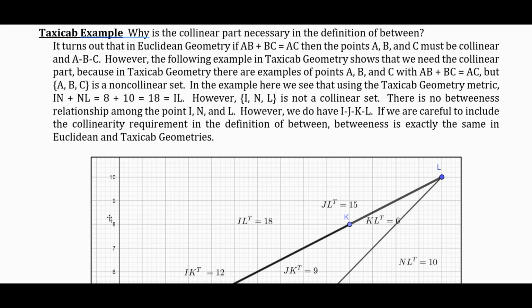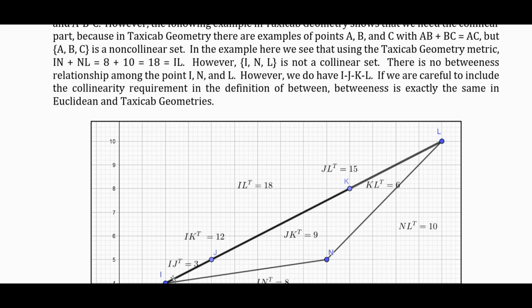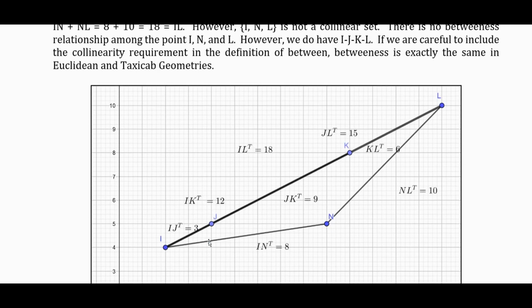Well, the following example in taxicab geometry shows that we need the collinearity part, because in taxicab geometry, there are examples of points A, B, and C with AB plus BC equals AC, but the set ABC is a non-collinear set. So here's an example here: I, N, and L. The distance from I to N in taxicab geometry is 8. 1, 2, 3, 4, 5, 6, 7 to the right and 1 up is 8. This one is 5 right and 5 up for 10 from N to L. And the distance from I to L is also